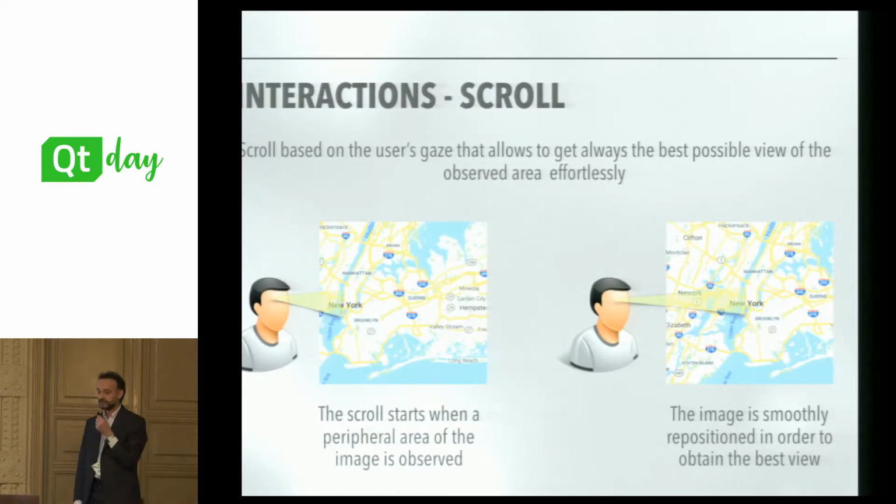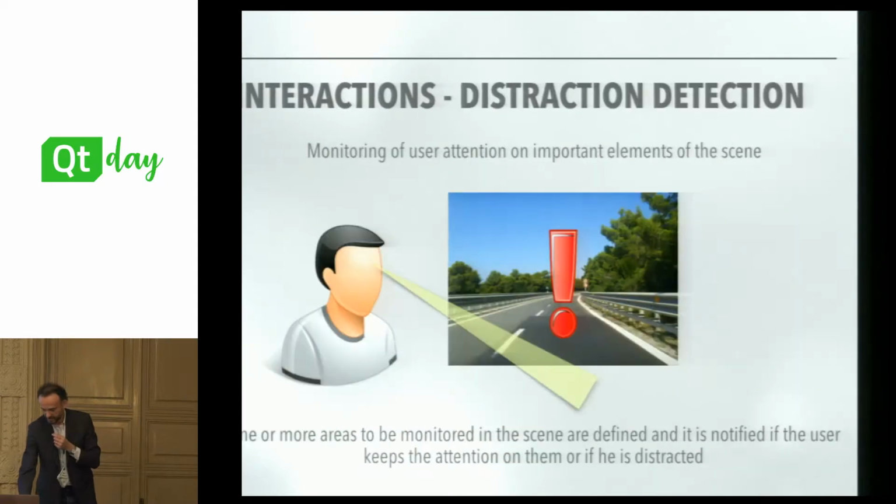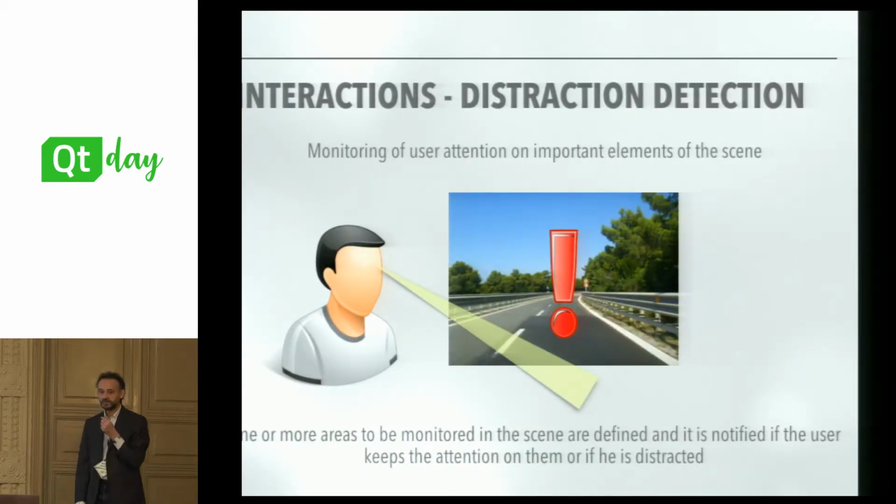Another example is the scroll of the pan. It's very natural because as the device knows the exact point where you are looking at, it can just adapt the map just to recenter it so that the image provide you with the best viewing angle for what you are targeting. This is actually something that works really, really well and is implemented in several commercial products nowadays. Another example, and the last one right now, is distraction detection. So as we know where the attention of the people is via the device itself, you can just react in different ways with your application. So for example,